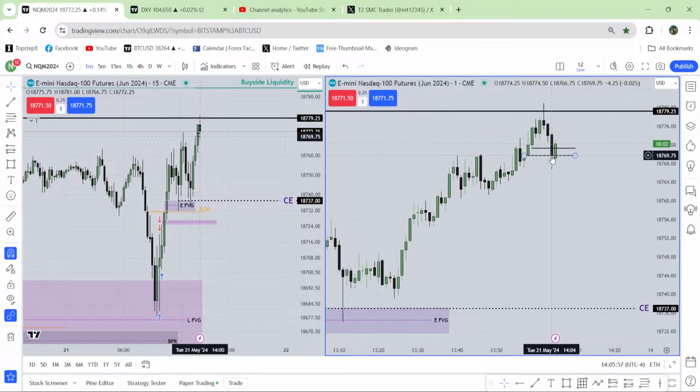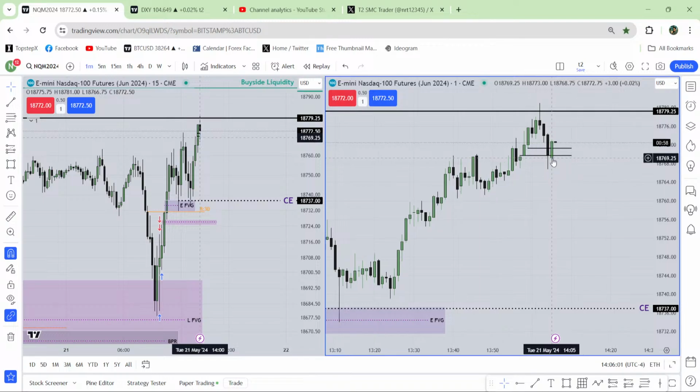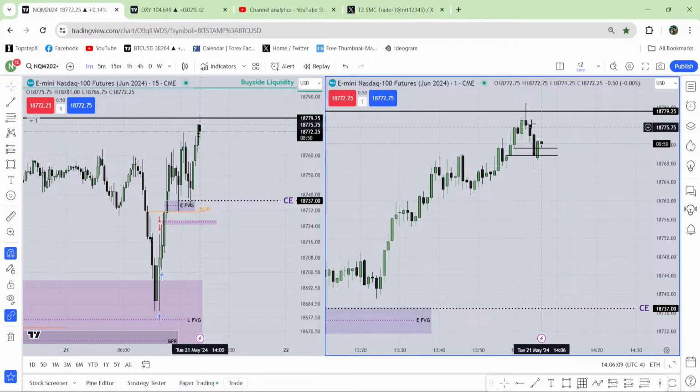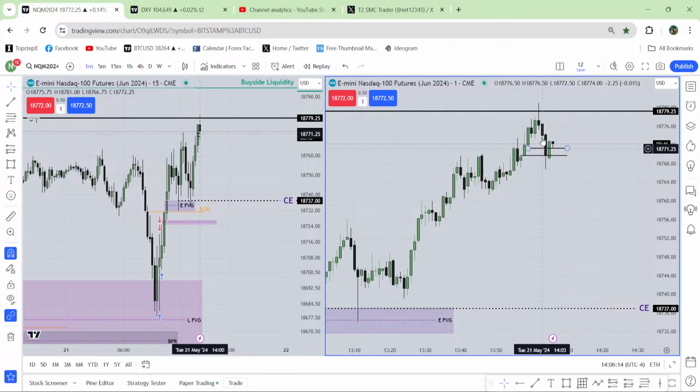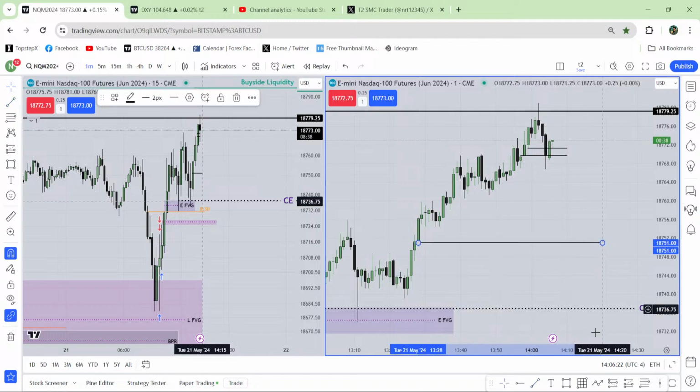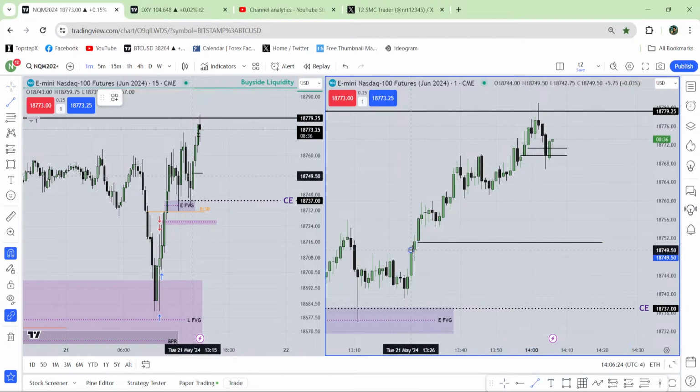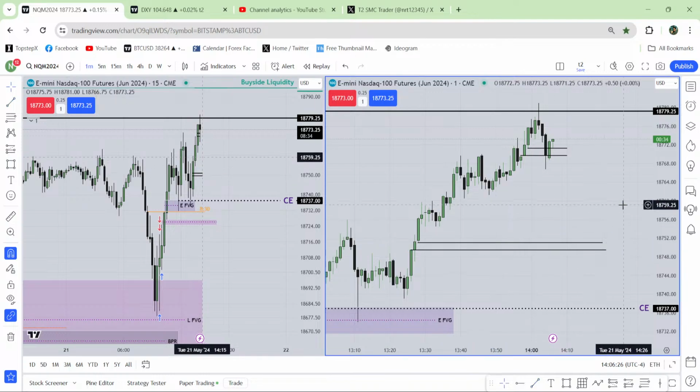Look, it didn't close below the fair value gap. It opened below the fair value gap. It's not valid. It has to close below the fair value gap. Then it will be a first fair value gap. It's the place where you should start to look for a first fair value gap entry. And you know the first fair value gap entry is valid until the entry fair value gap. So even if you take that entry, if you can manage that entry, your target will be here. This will be your target.